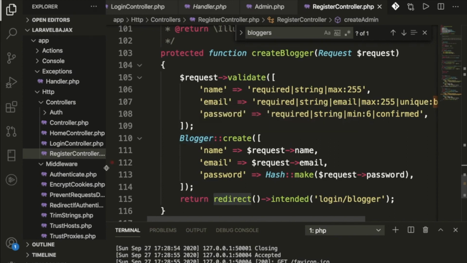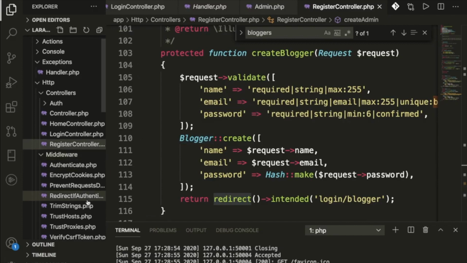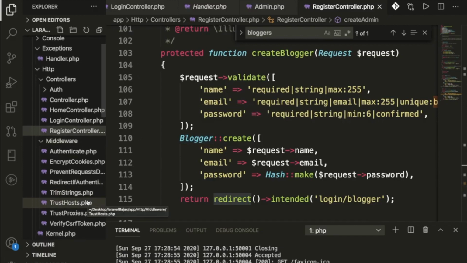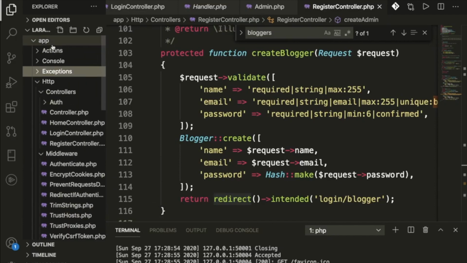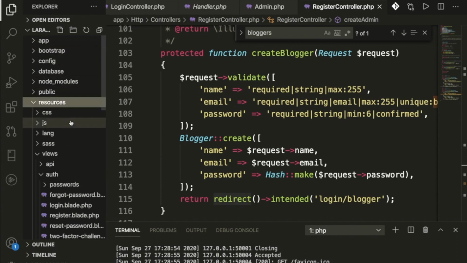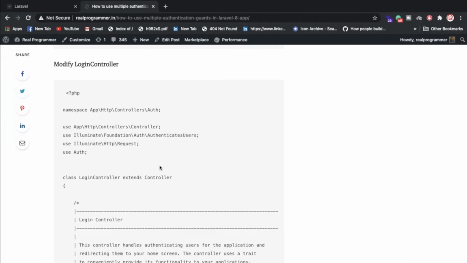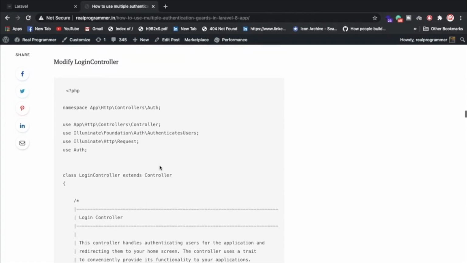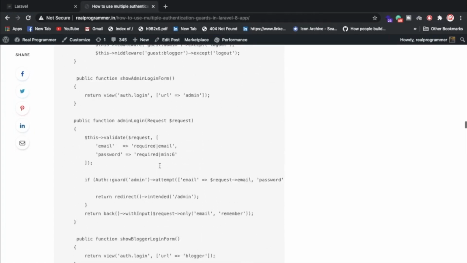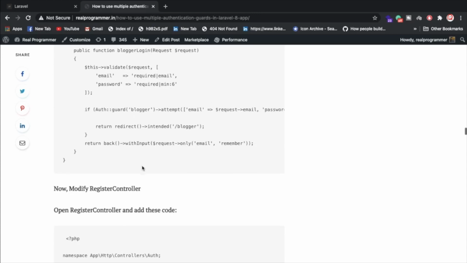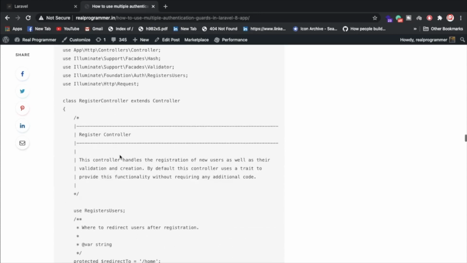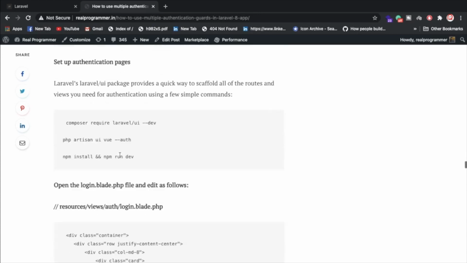And again, we have the middleware. I will explain how we have the authenticator. I already explained it. Let me go inside my project, which is the views files basically. We have created the files, and don't forget, if you have any issue with how this is working, you can read from my blog. I explained this controller, and I also explained the register controller. Let me scroll down.